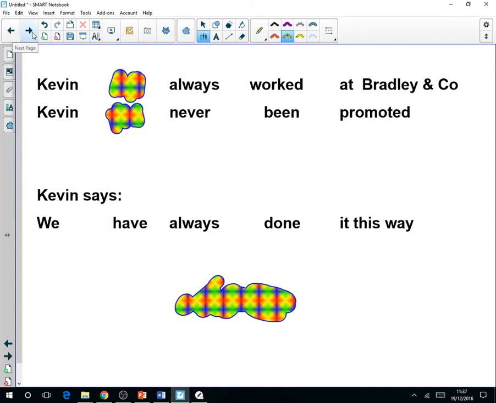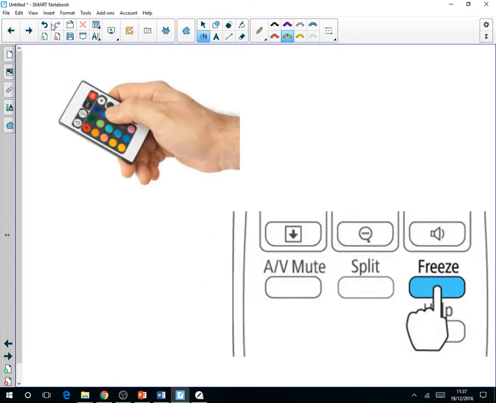The last way of hiding stuff is by using your remote control. On most of the remote controls at the school, there is a freeze button. This is the remote control for the projector, by the way. If not a freeze button, there might be a hide button. If you press that button, it will freeze the screen for the IWB, but not the computer,